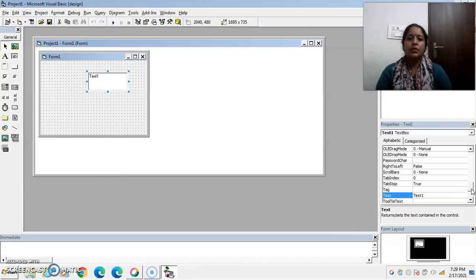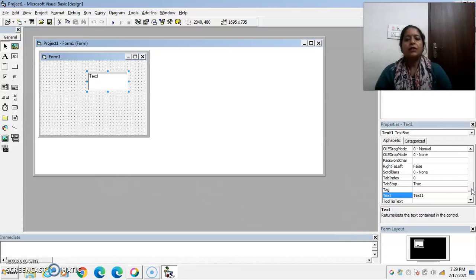This text box control is also known as the small editor control because of the following facilities available in it. We can insert text in it, we can select the text from the text box, we can exchange the text with other applications, and we can add the scroll bar if the text does not fit in the visible area.